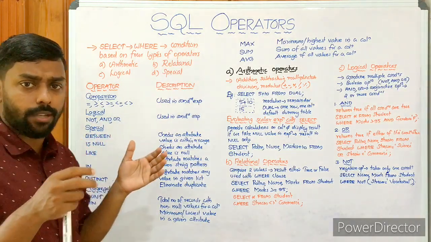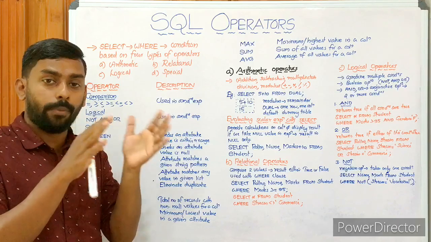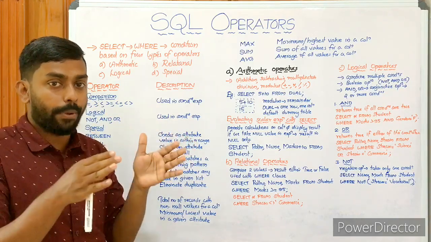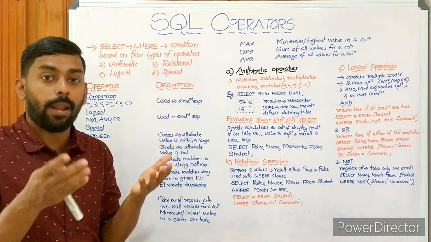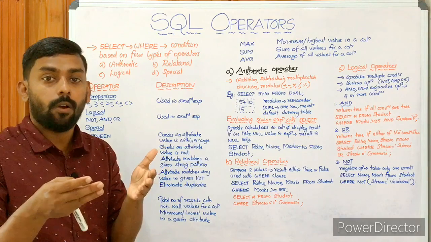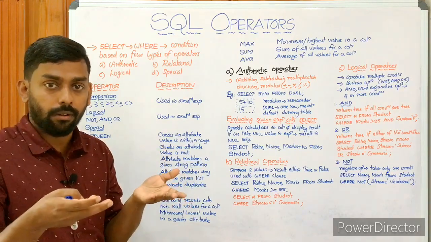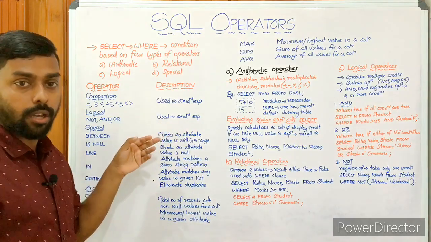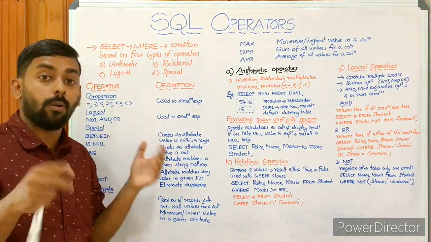Do you know what an expression is? An expression is a combination of operators and operands, right? For example, a plus b is an expression. We have a and b as operands, and plus is the operator. Then logical: not, and, or, which is also used in conditional expressions, and logical operators are also called Boolean.